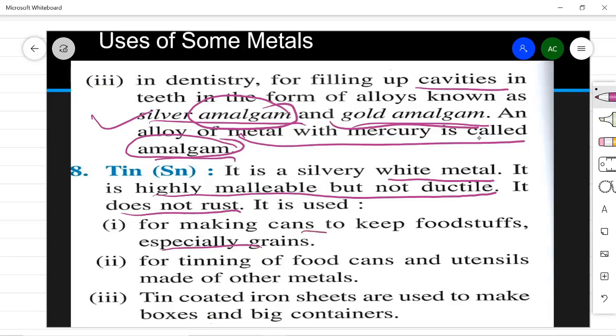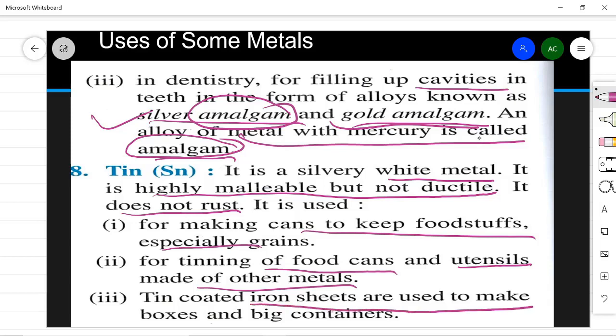जो आपके फूड स्टफ रखने के लिए, ग्रेन्स वगैरह रखने के लिए जो कैंस बनते हैं वो टिन के होते हैं. जो बाहर पैक्ड फूड आता है, कैंस आते हैं, जो आपने देखा होगा गुलाब जामुन या रसगुल्ले के जो कैंस होते हैं, उसमें भी अंदर टिन की कोटिंग होती है. यूटेंसिल्स आर मेड ऑफ अदर मेटल्स. किसी और मेटल से बना हुआ है यूटेंसिल, लेकिन उसको हमने कवर, उसके ऊपर लेयर किसकी चढ़ा रखी है? टिन की. एंड देन tin coated iron sheets are used to make boxes and big containers because iron rusts but